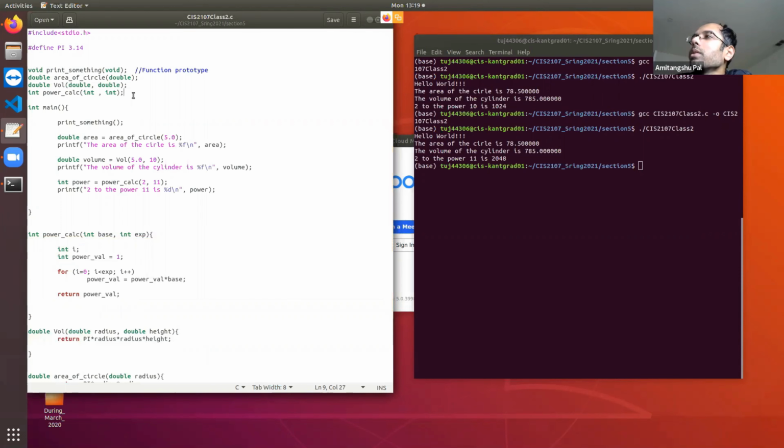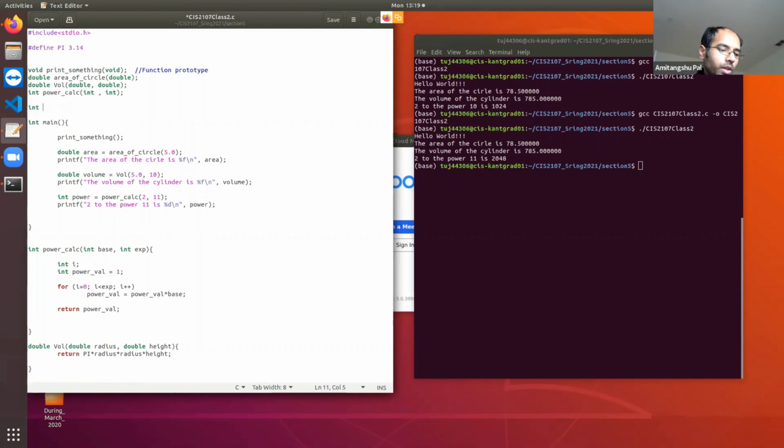Another type of variables are called global variables. Global variable means if you define a variable in the global space, that means outside main or outside any function, if you define or declare a variable, its scope will be throughout the course of the program. Scope is global. So let's take a simple example. Int n equal to, say, minus 999.